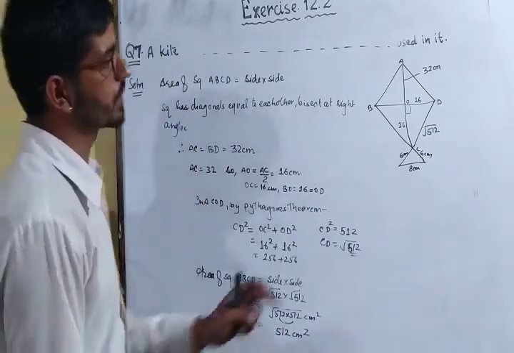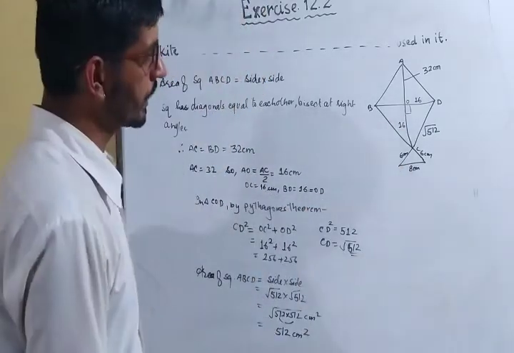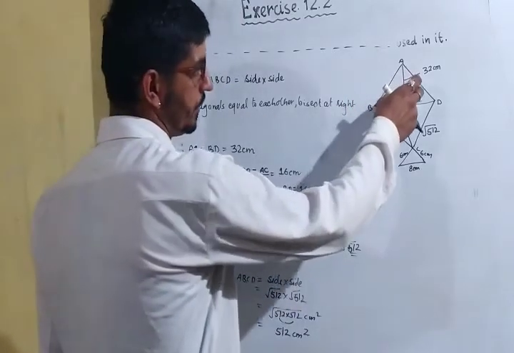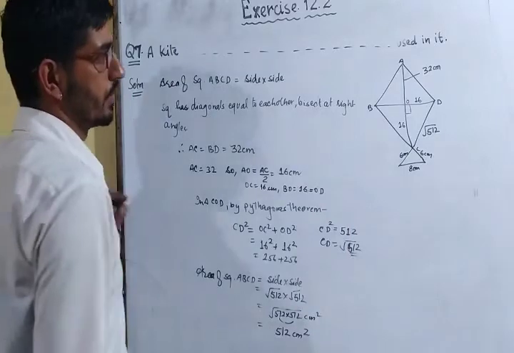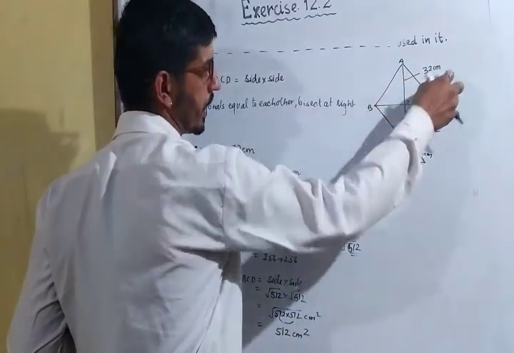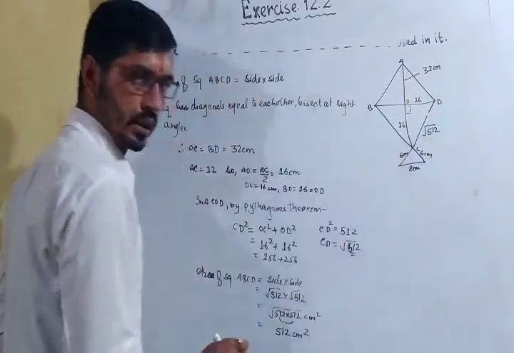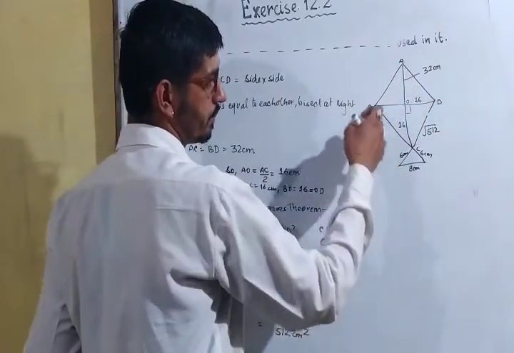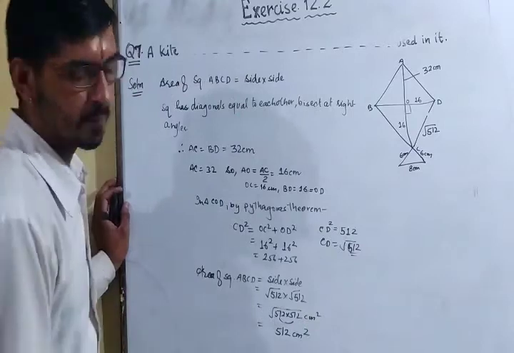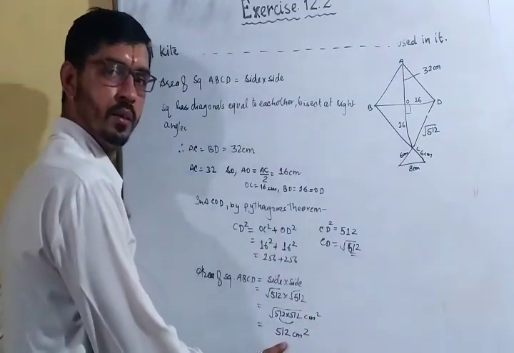We have the area of a square now. Now what are they asking for? This part is of a different color, and this part is also of a different color. That means BDA is of a different color, and BCD is of a different color. So how do we find the area of